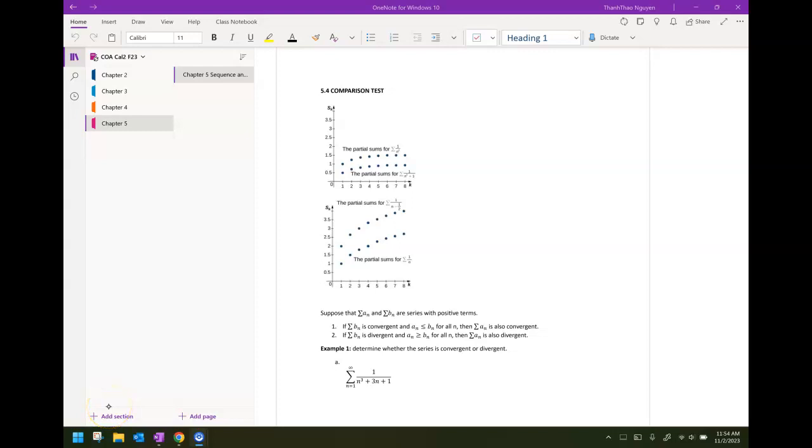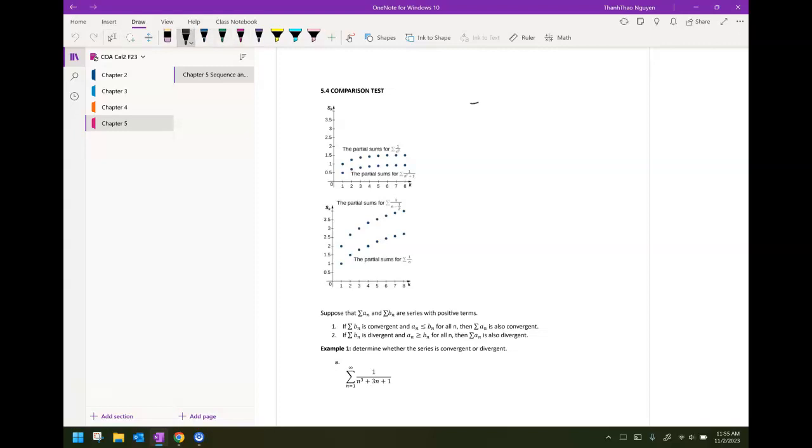In this section, we'll talk more about the comparison test. In the first figure, let's compare the partial sum for the sum of 1 over n squared and the sum of 1 over n squared plus 1. So note that here in this case,